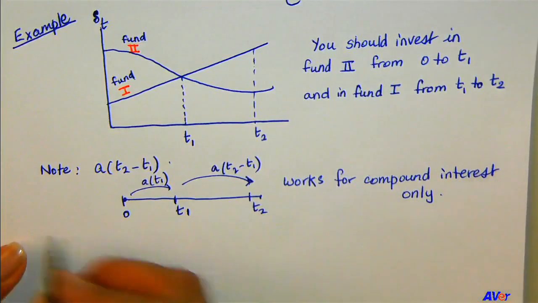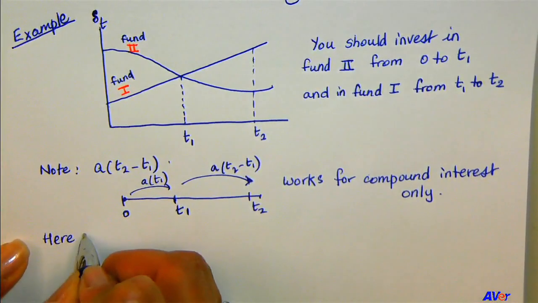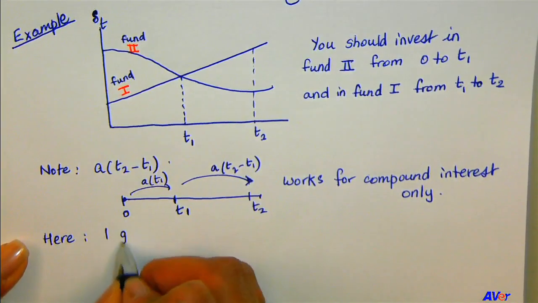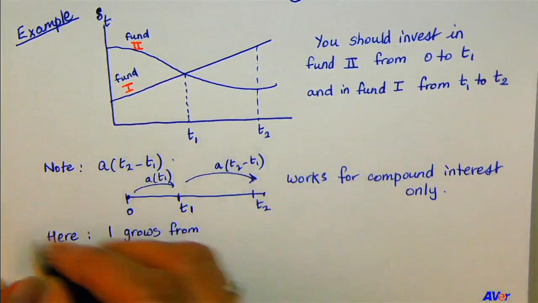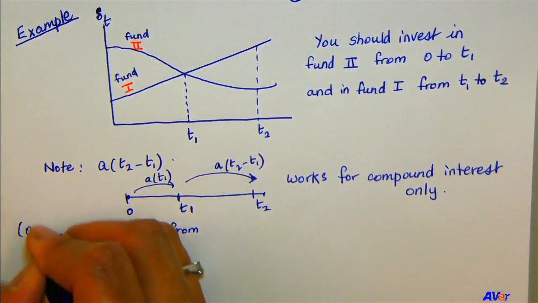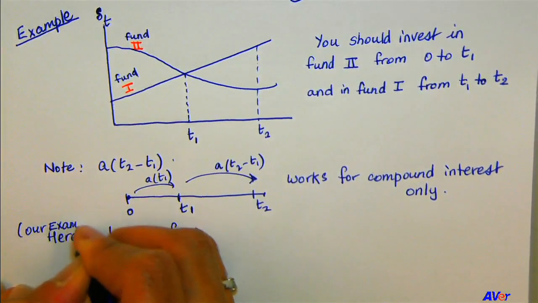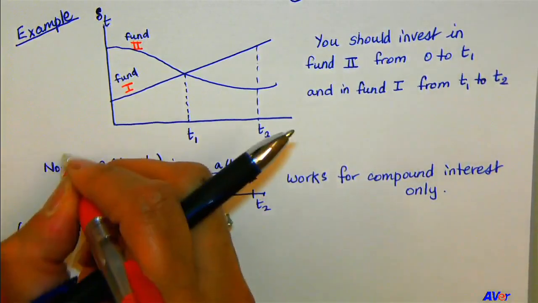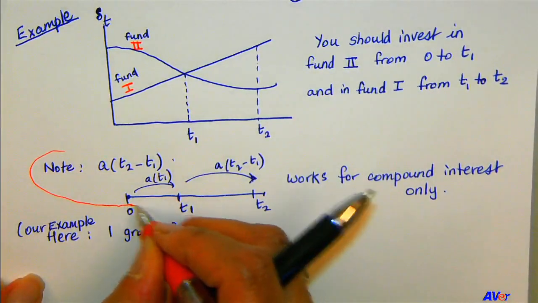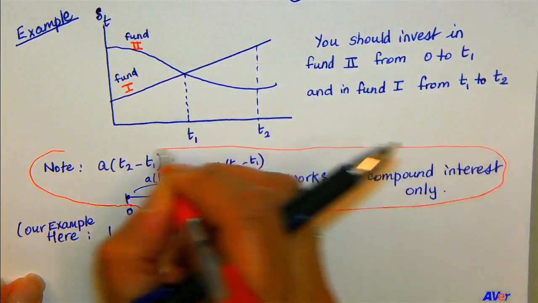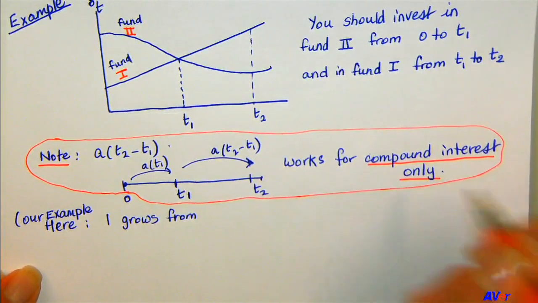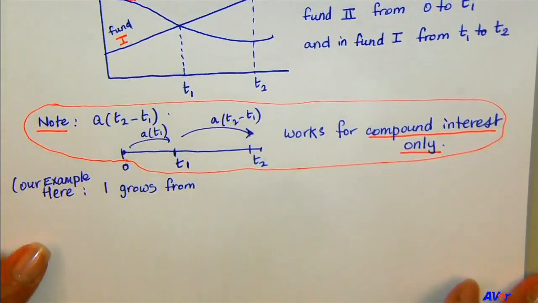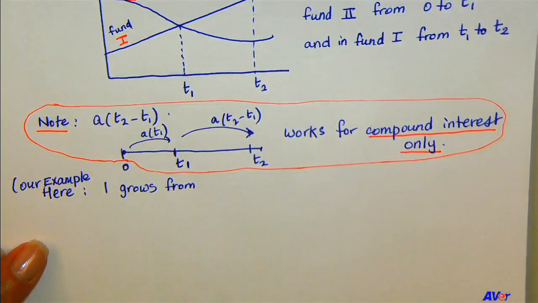So here, in my case, 1 grows, so here meaning here for our example, okay? Our example, let's separate this out, okay? Because this is not our case. This is not in the case of our example. It only works for compound interest. My stuff is not compound interest. Otherwise, I would have a constant delta, right? So for our example here,